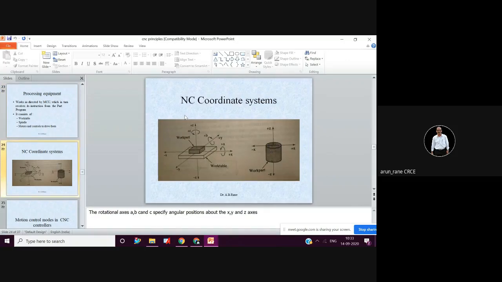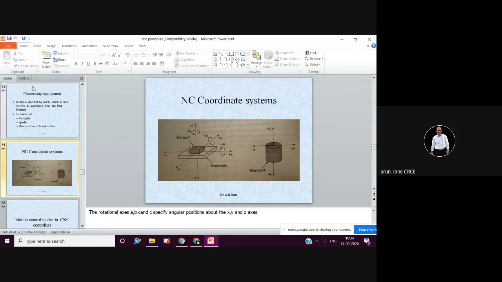This is your CNC coordinate system. Remember, most important, the axis which is parallel to the spindle, this is we are talking about vertical milling machine, is always the Z axis.